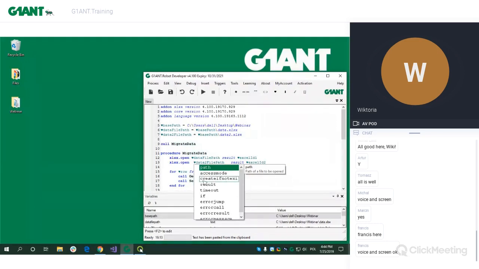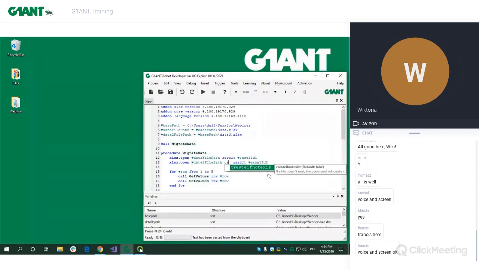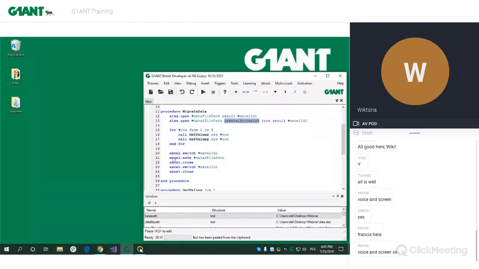But we're going to have the create if not exist argument, and we need to insert the name of this argument to use it. So create if not exist, true, because this file doesn't exist. So we need to create it using this command. Okay, now here we're also going to use the XLSX switch, but XLSave